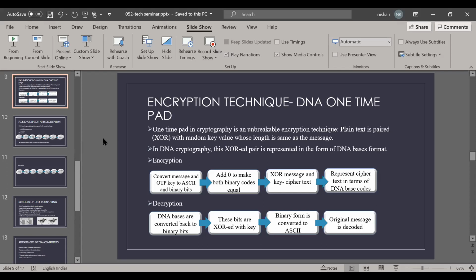This is one of the fields called soft computing. When we want to do some complex programs which cannot be done by normal mathematical equations, we go for soft computing, like how we have evolved artificial intelligence and neural networks. This is also one of those fields, which is nothing but DNA computing, where we inherit the properties of DNA characteristics and apply them to complex engineering problems.